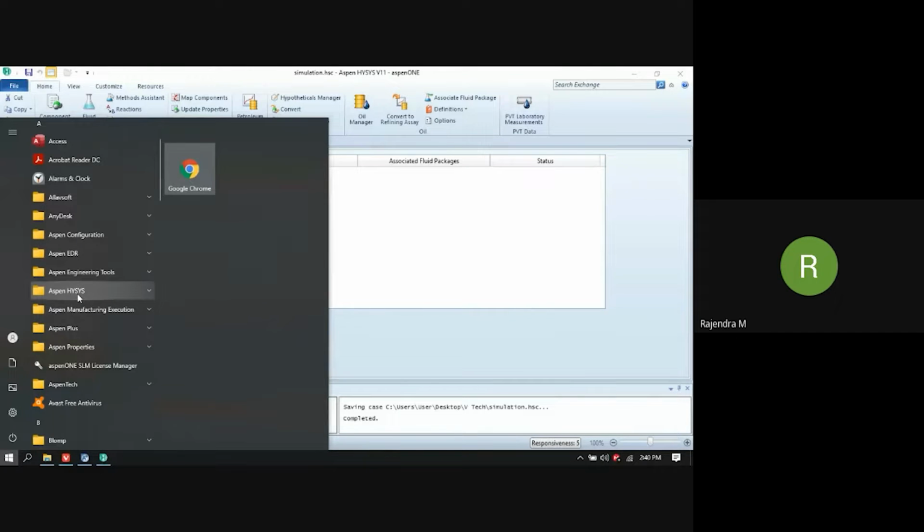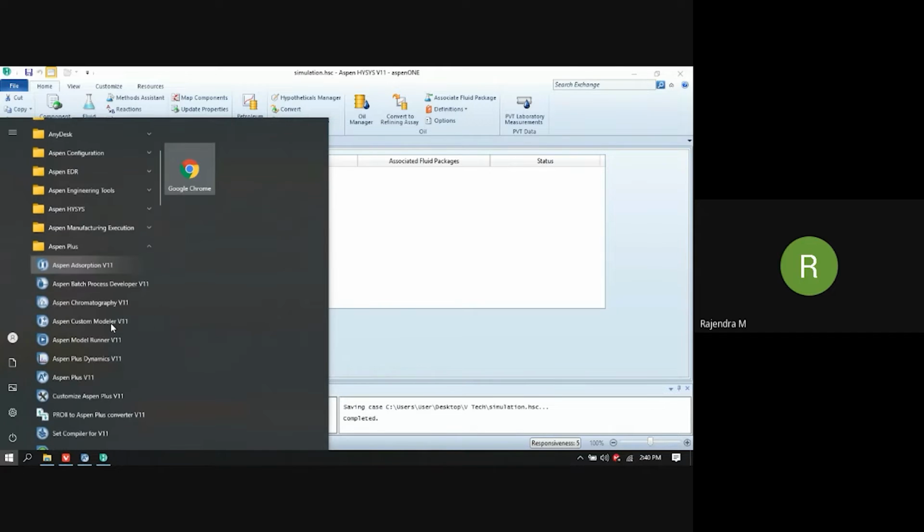When you install Aspen software, along with that you have exchanger design and rating, the Aspen heat exchanger design and rating software. After that we have other software like Aspen Adsorption. You can simulate adsorption columns, then batch process development and chromatography, and so on. Dynamics are also there. Okay,